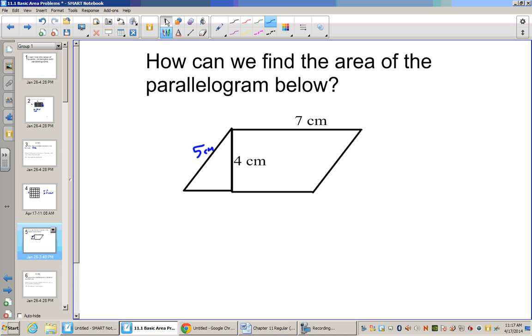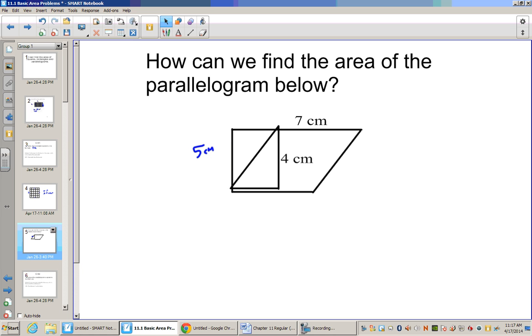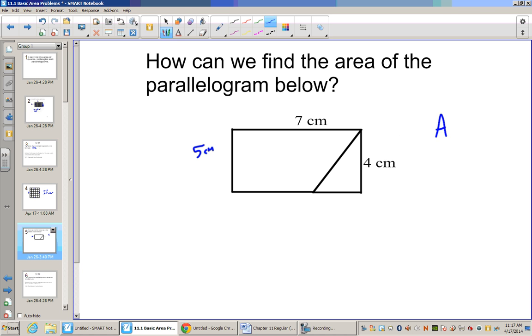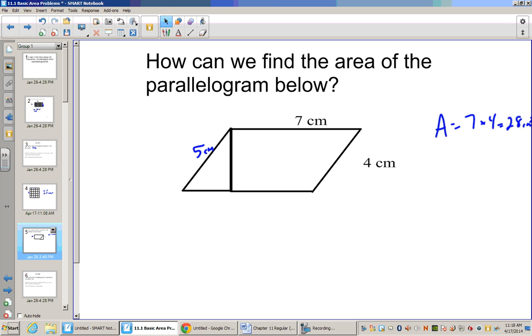Really what we're doing is if I take this parallelogram and I took a little knife and cut it here, I could take this, it would float over there, and that would make a nice little rectangle. Now, we know the area of this rectangle is going to be 7 times 4, or 28 centimeters squared. Now when I bring this object back over here,